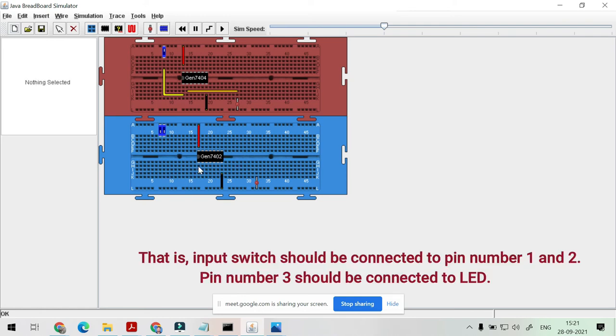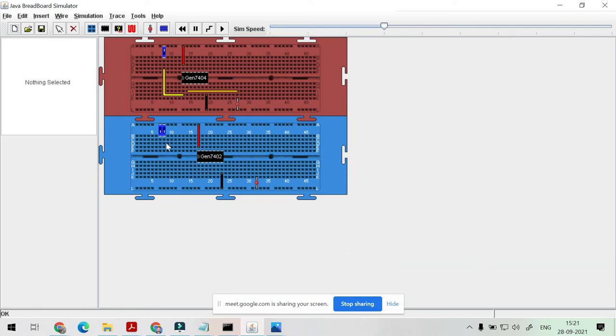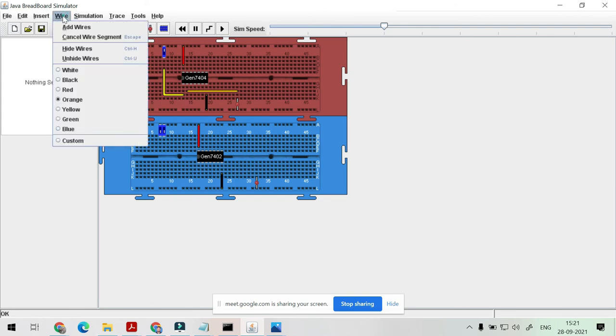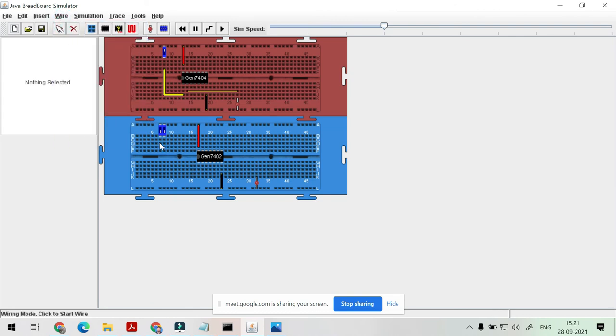So at pin 1 and 2 we have to provide input. So let's check at this 1, similarly at pin number 2, and we have to take output from this third pin.